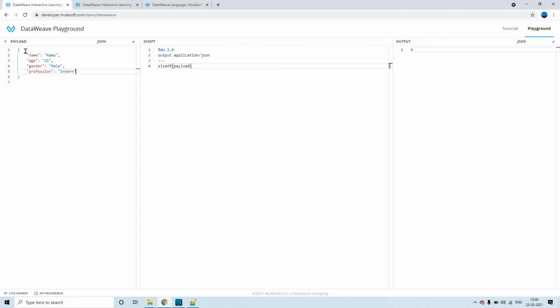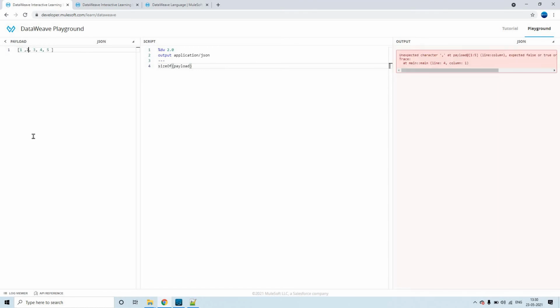Okay, and for example, now I'm going to put a simple array. So it is like 1, 2, 3, 4, 5. Now you see here, the size of this array is 5. If I put some string here, let's say like hello, the size of the string is 5, right?